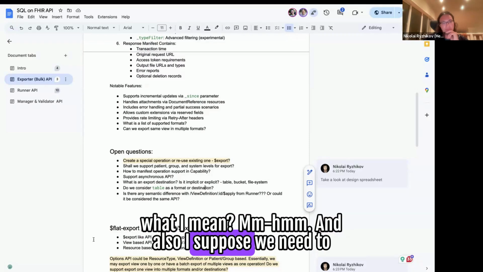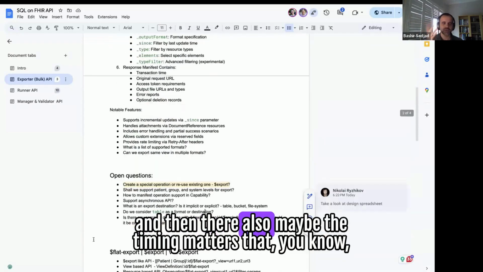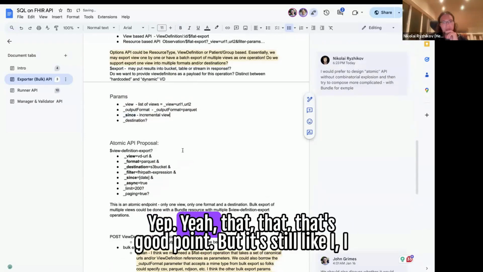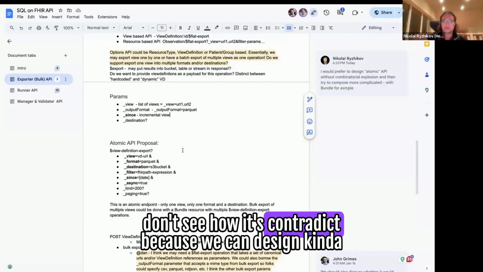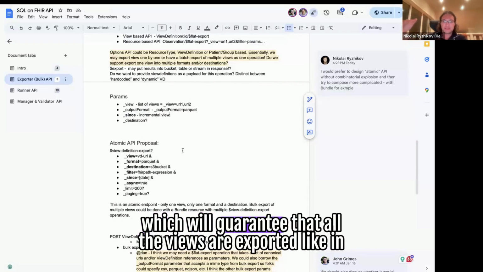And also, I suppose we need to define something like _since in the bulk export. And then maybe the timing matters, that we do it at the same time. Yep. Yeah, that's a good point, but I don't see how it contradicts, because we can design a kind of transactional bundle, which will guarantee that all the views are exported in the same